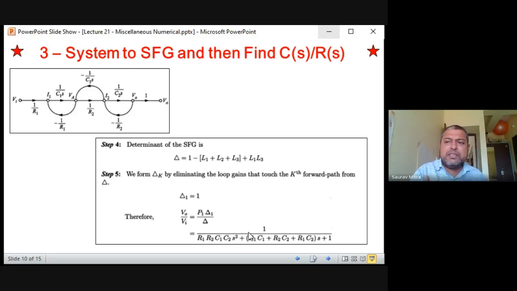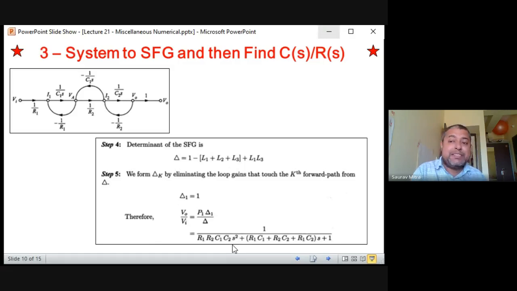It is not difficult. The only thing is you have to cancel. So in the numerator also there will be something by something, and in the denominator also there will be something by something. So you cancel all the denominators and it will come like this. Okay. And the most important thing you are finding is the denominator: what is the power of S? It is S square.